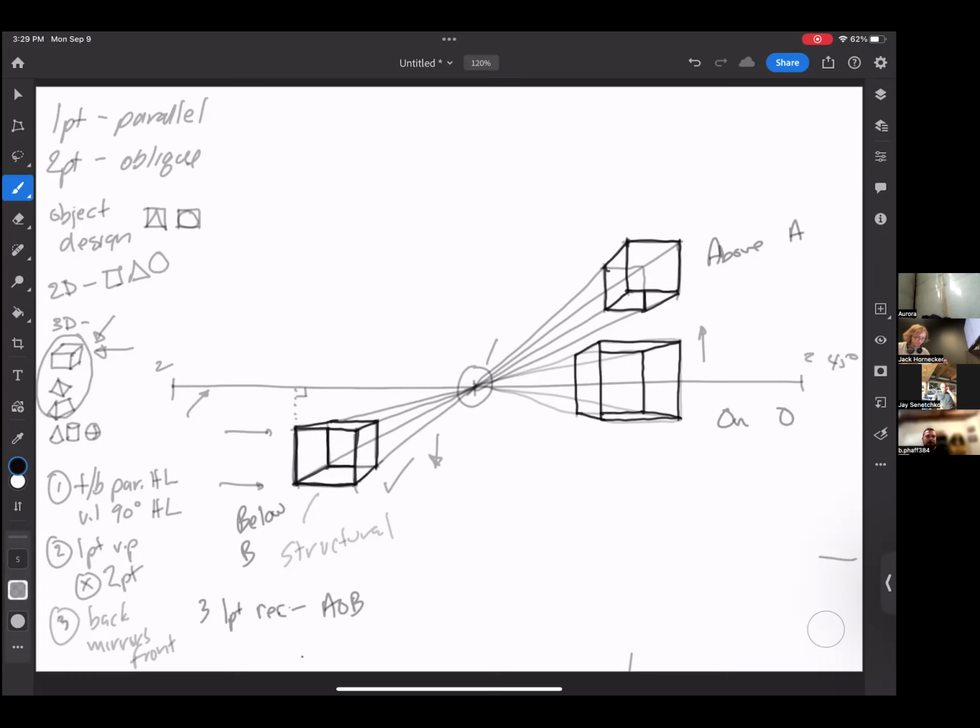Now, does that make sense for everyone? Are there any questions as to how the gods have descended and revealed the mysteries of 1-point perspective to you? And if there are, please ask, because again, if it's fuzzy now, it ain't getting less fuzzy as we move forward.